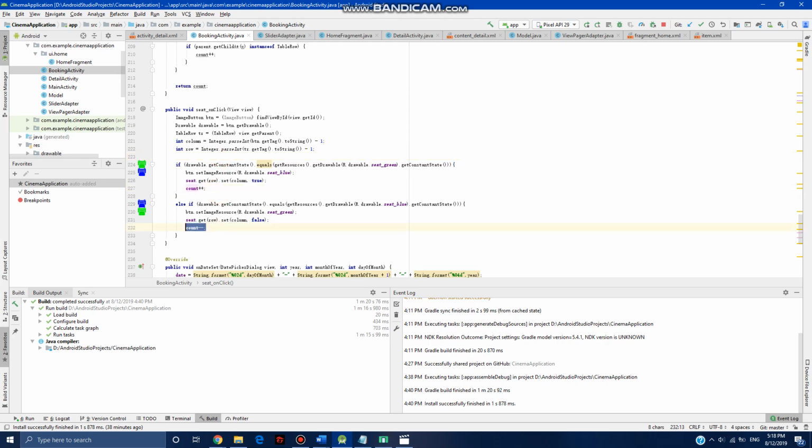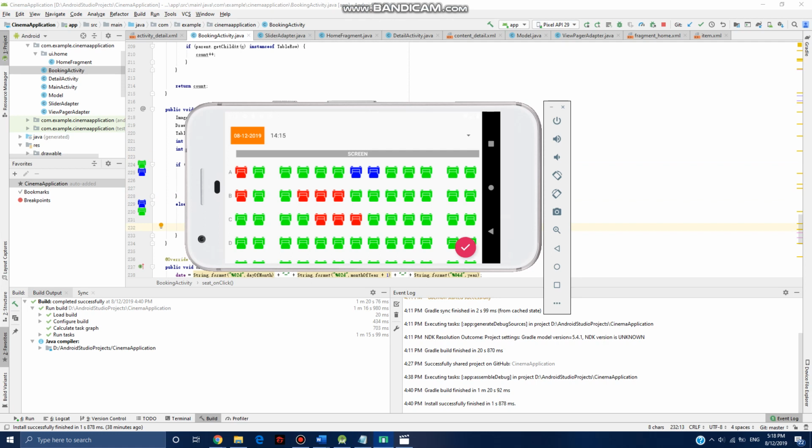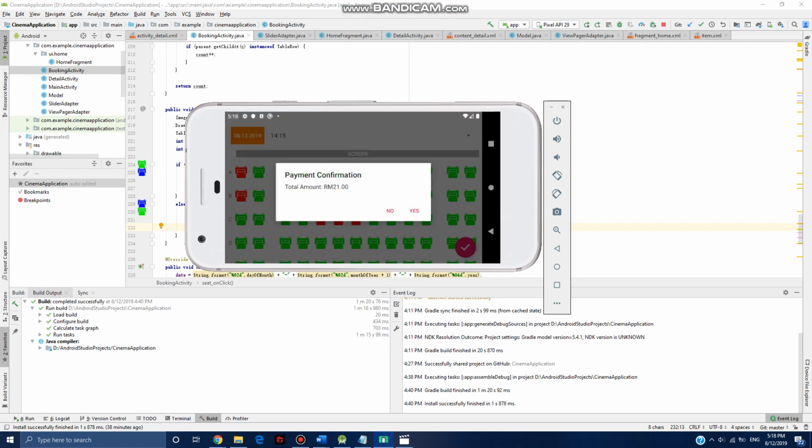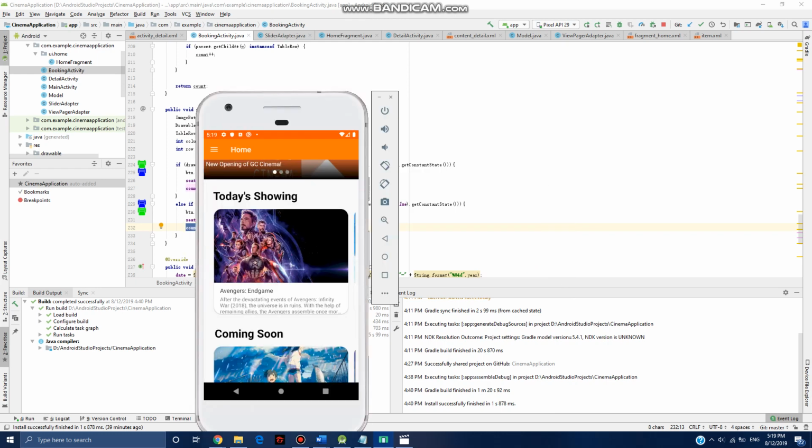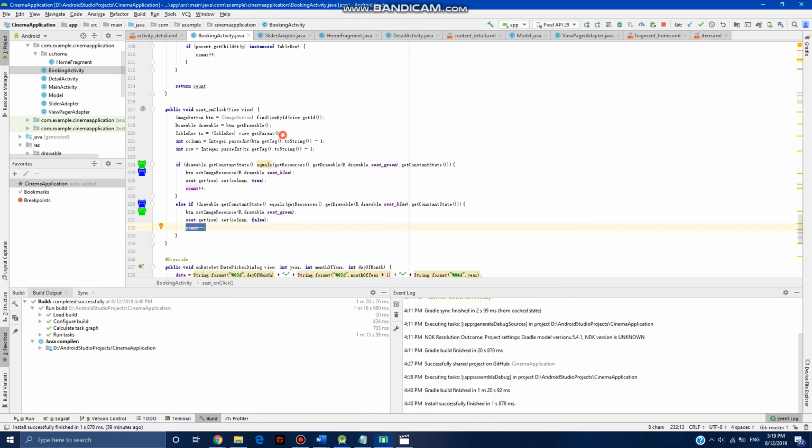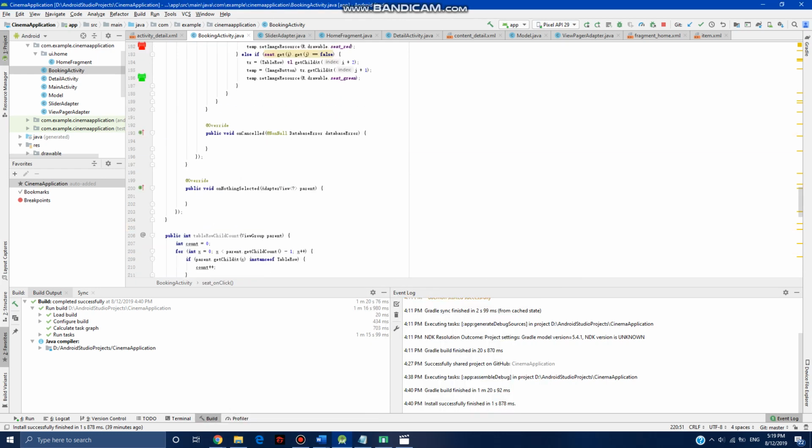After you choose your seat and you click on the OK, here's an alert dialog that needs your confirmation before paying. So when you click on yes, it will show that you have booked successfully, and the seat is updated